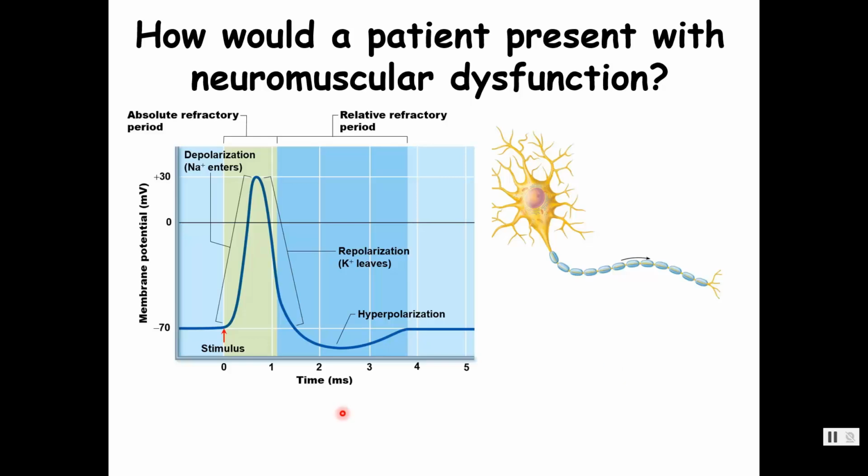Remember, this is back from AP1. There's our action potential. There are two parts to an action potential: depolarization, when sodium moves into the cell, and then repolarization, when potassium leaves the cell. For a neuron, that action potential goes down the length of the axon, and then to release the neurotransmitter, calcium is required. So think about it. Now you have an imbalance in sodium, potassium, or calcium, so now your neurons aren't firing properly.